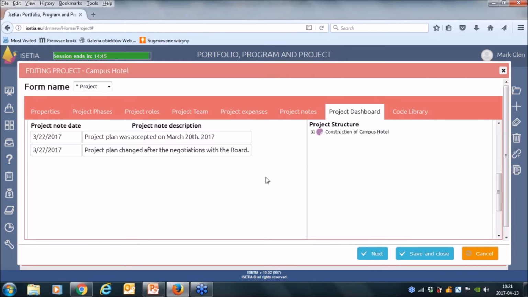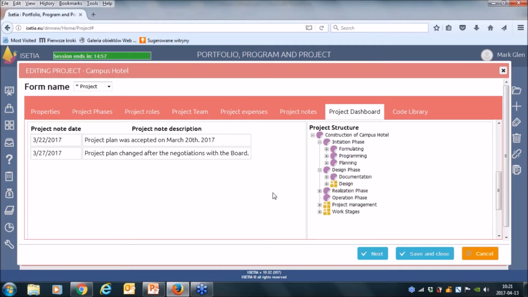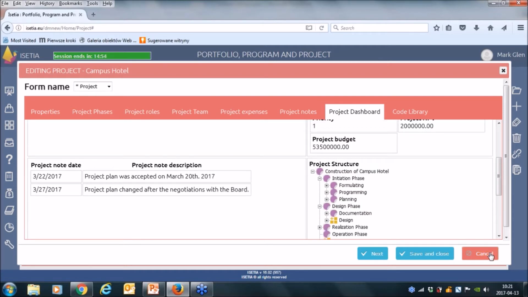And what's more, and this is interesting, now you can also see the project structure. I will go to the project structure in a second, but just to start this subject, you can see the parts of the project structure and the components of the project. This is for information only, showing how your project is organized. Okay, so these are the base information on the project level.